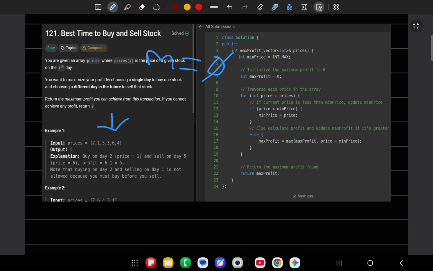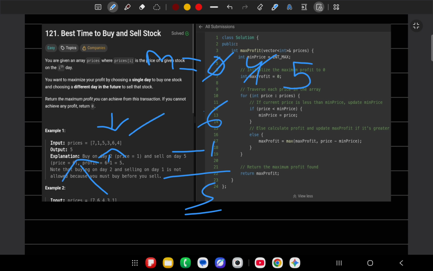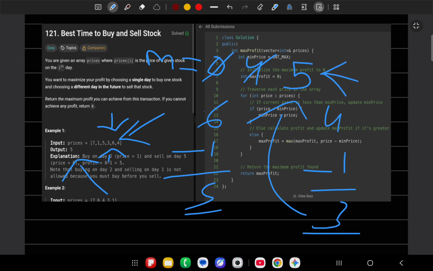Now what if we sell it on the 6th? 6 minus 1 is 5, so the maximum profit goes to 5. That is our answer, but we still check further if there is a better time to sell. Let's suppose at the end we take 4 minus 1, that is 3. This is also smaller, which is why we keep tracking whenever we reach our maximum profit.